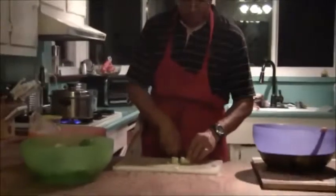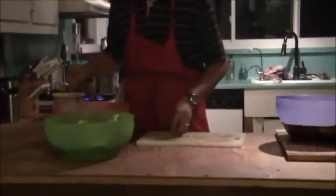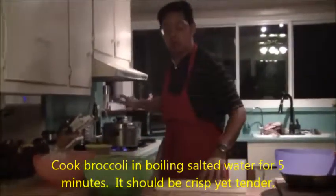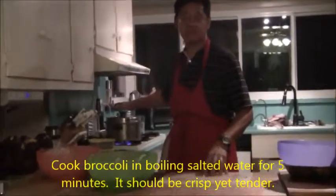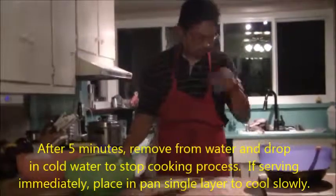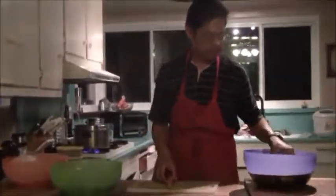And then just chop it up. Alright, so that's our broccoli. When this thing is boiling, all we're going to do is put it in there for about 5 minutes, and it should be cooked by then. Okay, carrots. What we're going to do